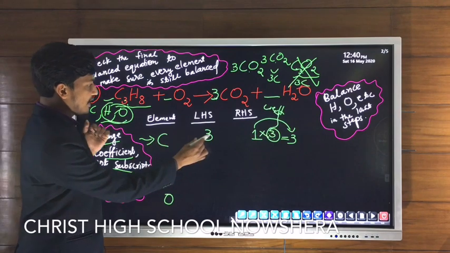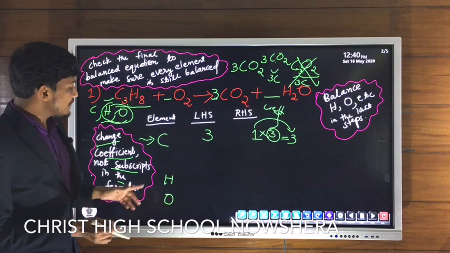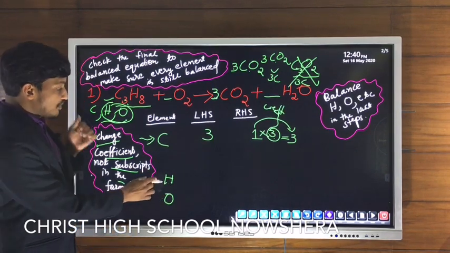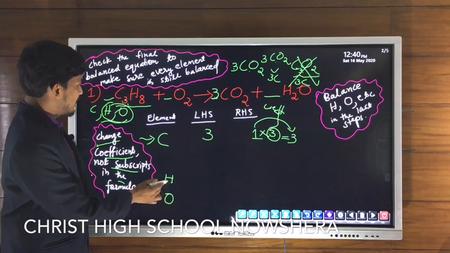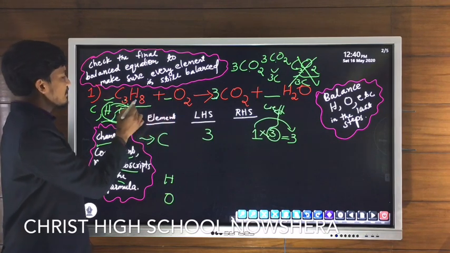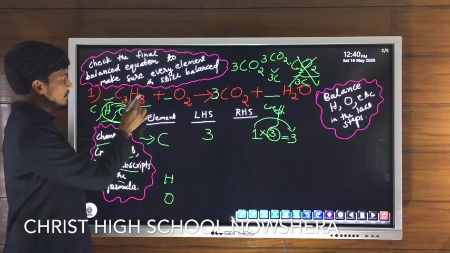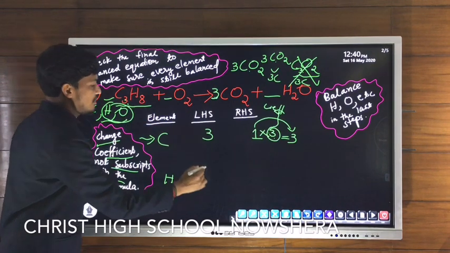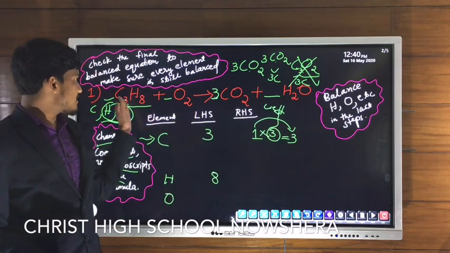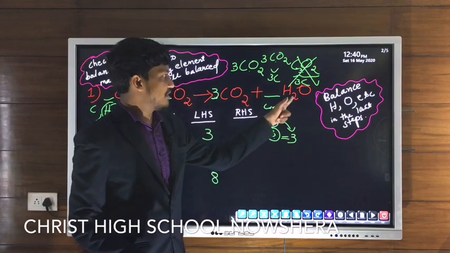So now we have equalized the number of carbon atoms, 3 on both sides of the equation. Next, the atom after carbon is hydrogen. We are going to count the number of hydrogen atoms on the left side. We have C3H8 and O2, these are the two reactants. And where is hydrogen? Hydrogen is only in the left, C3H8, H8. So the number of hydrogen atoms on the left side of the equation is 8. And the number of hydrogen atoms on the right side of the equation, 2.